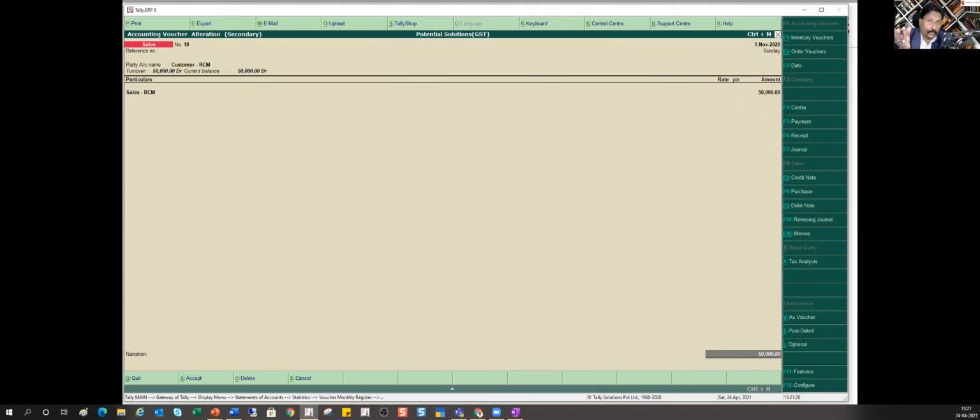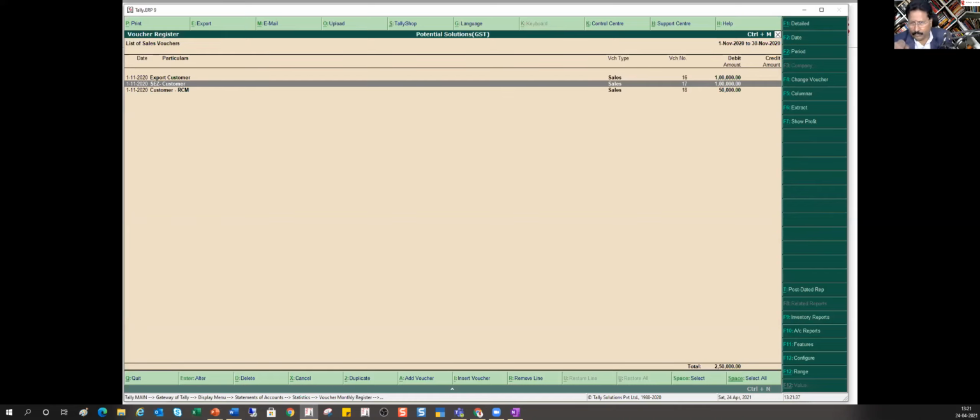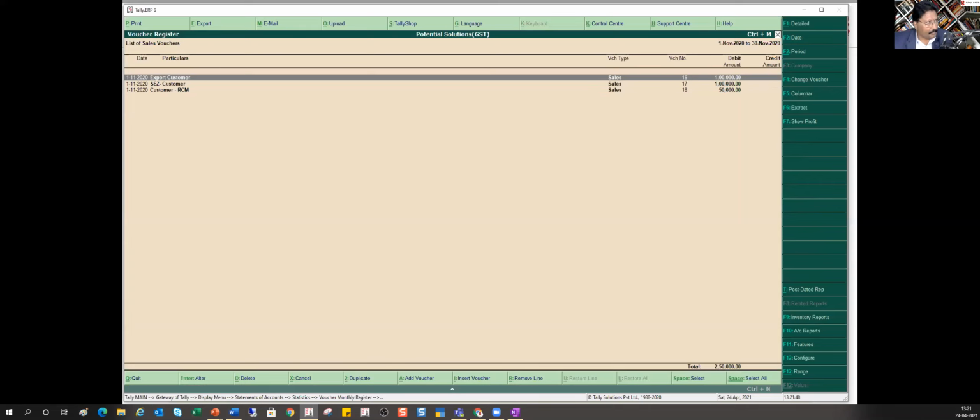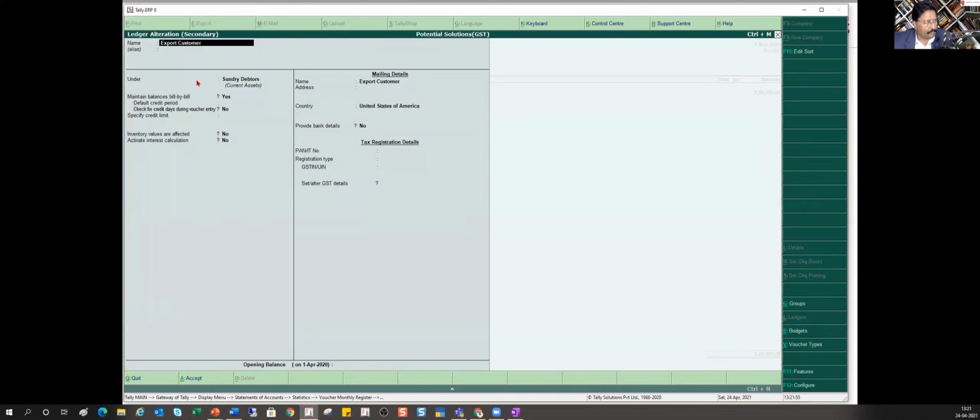So now it has to be reported under that respective table, right? So how is it going to report? Now there is SEZ. I think there was one query also: export and SEZ. How does it get reported in the respective table? So first, let me take export. Export, again, you are creating one ledger master for export where I'm saying that the country is United States, so Tally will know that it is export.